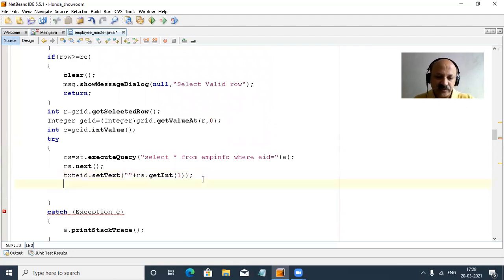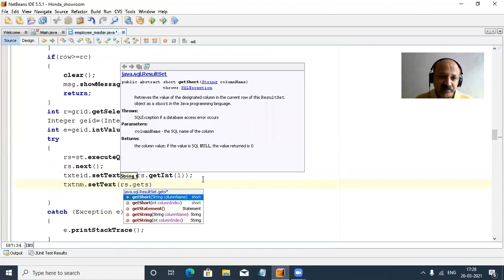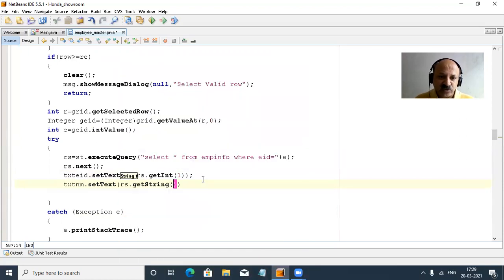And now the second field, our employee name, txtNm. At design time, in the master form design, I took all the control ids, so you can watch, I will not repeat all that part. So just setText with rs.getString, because it is employee name, and we take the column index.